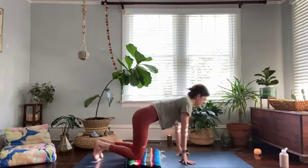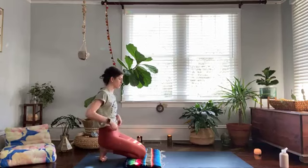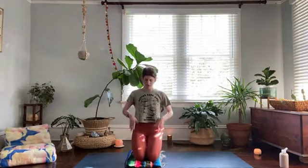That feels good. Let's sit back onto our toes. Or sit back onto your heels with your toes tucked underneath. And here, I'm gonna keep my knees on my blanket, sit on my heels, just like you are. And with the toes tucked, reach your arms above your head, interlace your palms, press your palms up to the ceiling, and we'll just take some